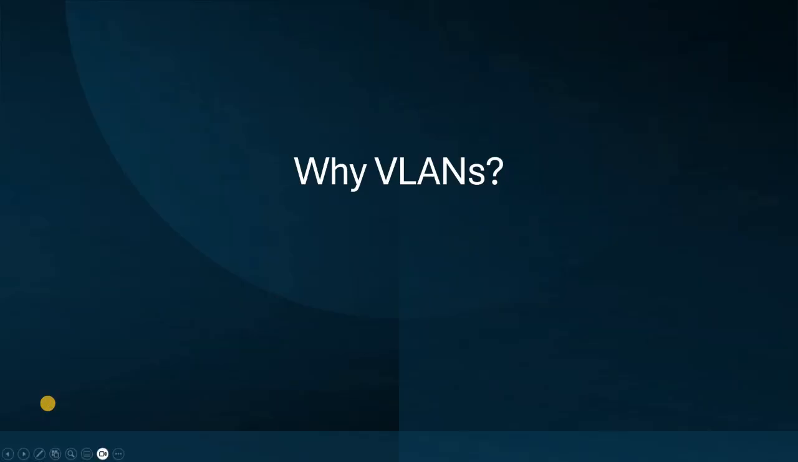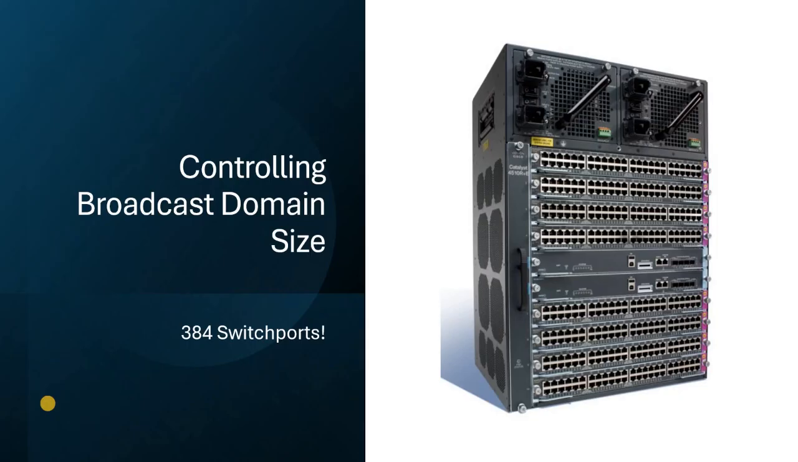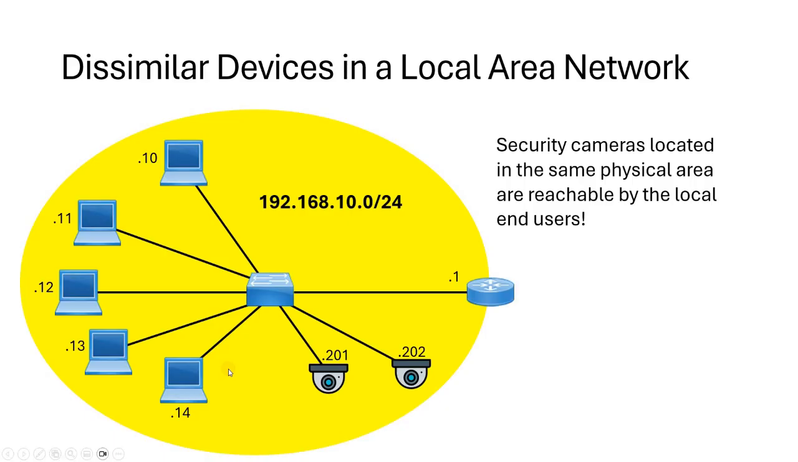So why VLANs? Well, one reason for VLANs is to control our broadcast domain size. In this example, we see a switch with 384 switch ports. Most organizations are going to want to keep that down to Class C addressing space of 254 hosts on a network. Another reason we want to control our broadcast domains is we want to keep our users from reaching other